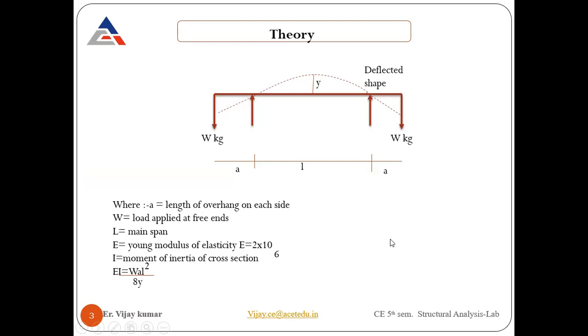Next, let's see the theory, the theoretical concept that we need to understand. This is the beam showing on your screen, as we saw in the image also. The section in between is the length of the span, or main span, and the overhang portion is A, and on that side also it is A. We apply the weight at the end points, the overhanging portions, by using the hangers. The shape of deflection due to the applied load is what I am trying to show on the figure.